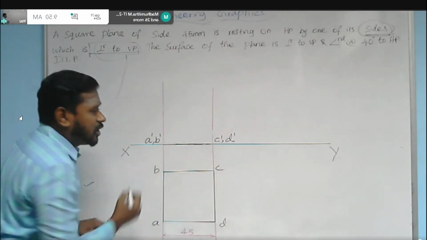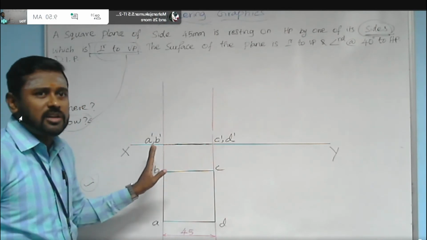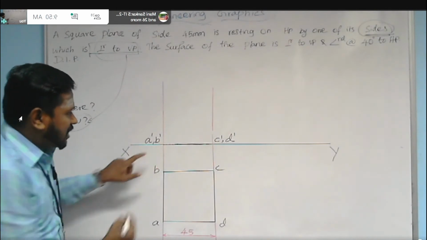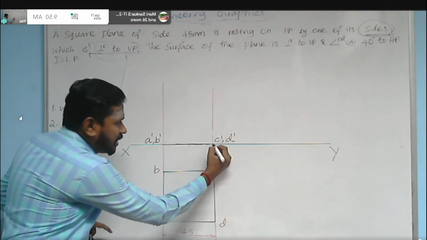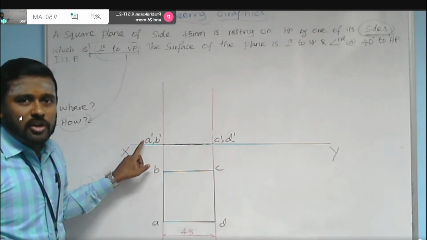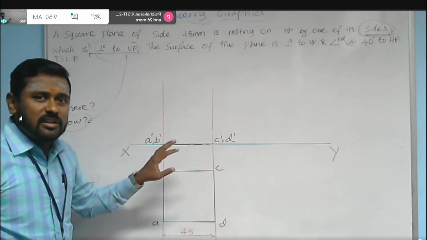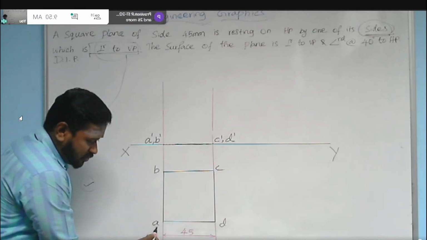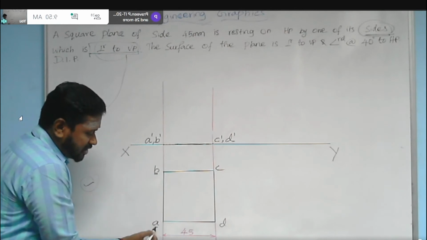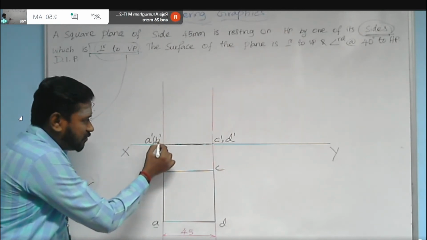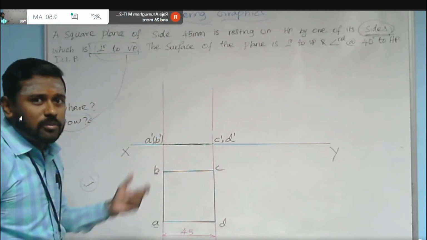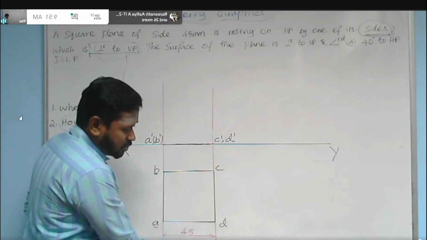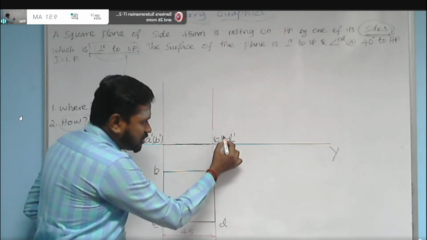I am darkening it for your understanding, but you need not darken it more in your answer paper. So here A dash and B dash have a common terminal, like C dash and D dash. But you need to put any one inside the bracket based on their visibility. When you look from the front, first A is visible to your eyes, B is located just behind A, so B is invisible. So put bracket around B. The same way, when you look from the front, D is visible to you and C is invisible to you. So put bracket around C.